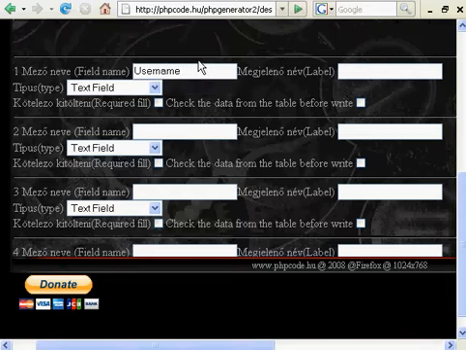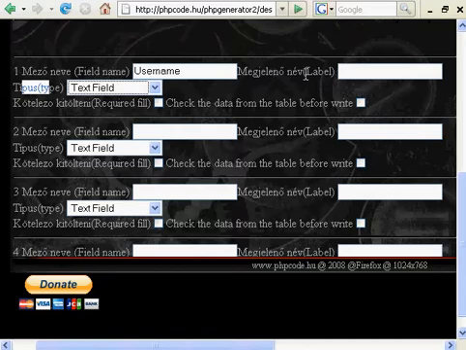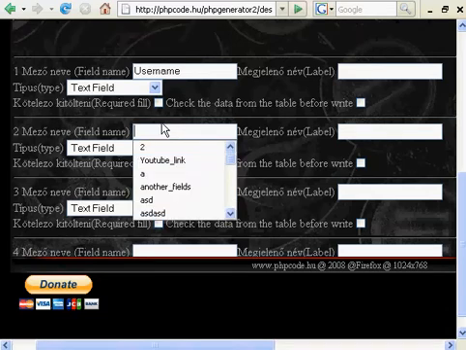The space will be converted into an underscore, so you might use only underscore or space only, alright? And select a type, for example a text field. If you don't use the label, that value will be shown in a form, for example, and add the field name,